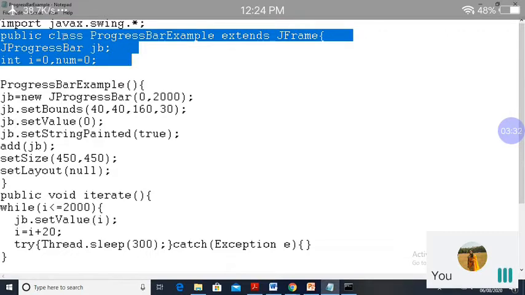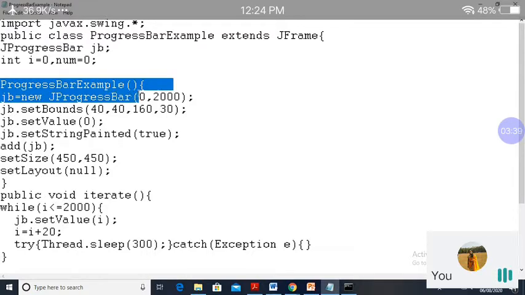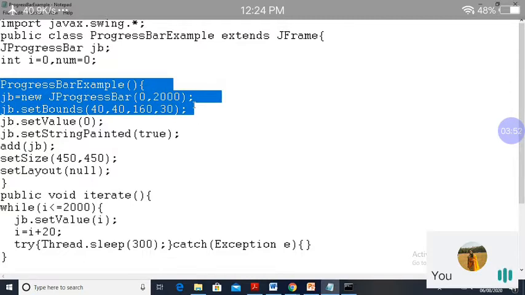For this class ProgressBarExample, I have written one constructor, that is ProgressBarExample. In this constructor, I have initialized JProgressBar jb equal to new JProgressBar with minimum value 0 and maximum value 2000. For this JProgressBar, I have used the setBounds method, 40, 40, 160, 30, that is the location given for this JProgressBar.